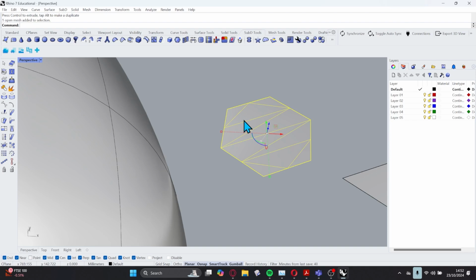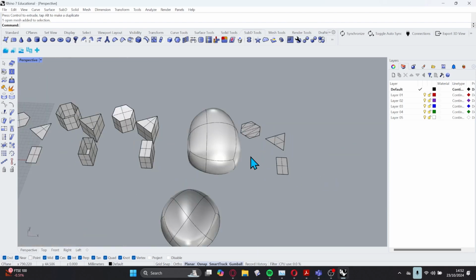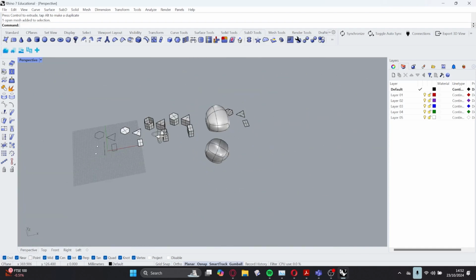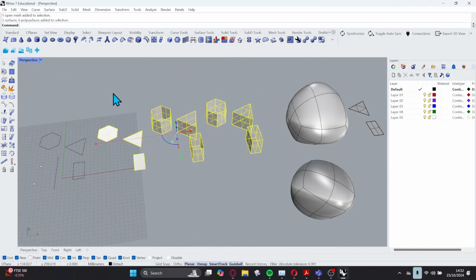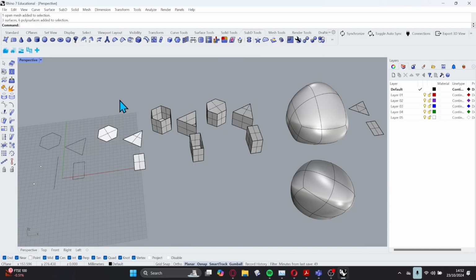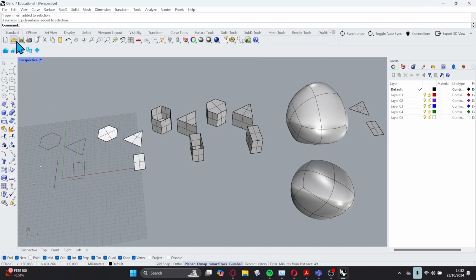So Rhino is NURBS modeling. So we use what we call NURBS. Does anyone know what NURBS are, or what that means? No? So the way that Rhino works is it uses NURBS modeling. So all of these here are NURBS. And when I create, for example, if I was to create a sphere,